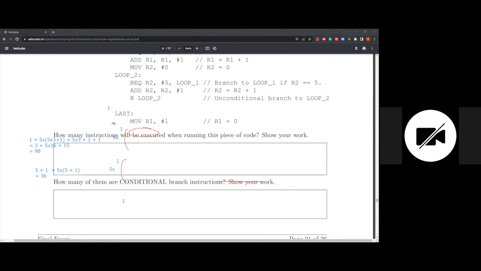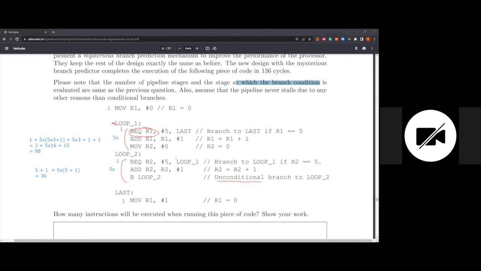So far, these first two questions did not reveal any information about the branch predictor. But let's reveal some information by calculating how many mispredictions the branch predictor made, such that the execution of this program resulted in 136 cycles. So it's the first formula that we used in part A. We have 98 instructions in total, right? So the total cycles for this processor will be equal to 15 plus 98 minus 1 plus